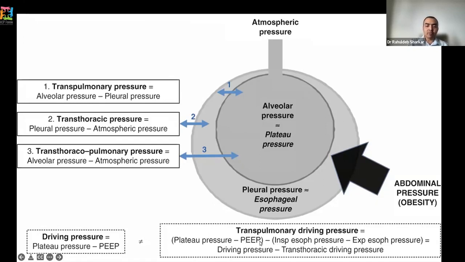However, that is not all, because some of that pressure is being used to counter the pressure that is coming from the abdomen. So the transpulmonary driving pressure will be plateau pressure minus PEEP minus inspiratory esophageal pressure and minus expiratory esophageal pressure, which will be taken from the esophageal manometry. And therefore, one probably will not be asked a direct question to calculate the pressure, but to have the concept may be important,